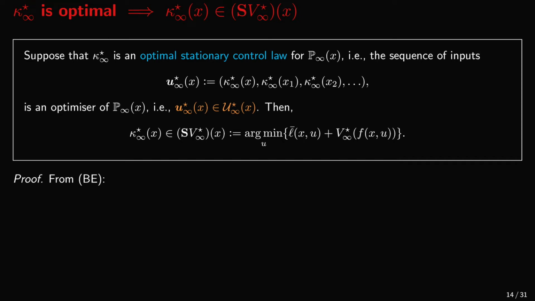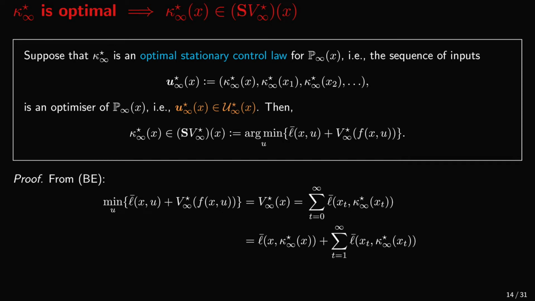The proof of this fact hinges on Bellman's equation. Bellman's equation states that this minimum of L bar plus v infinity star at f of x comma u is equal to v infinity star. V infinity star is, by definition, the infinite sum of L bar of xt and kappa infinity star of xt. We can split this sum into L of x comma kappa infinity star of x plus the remaining part from